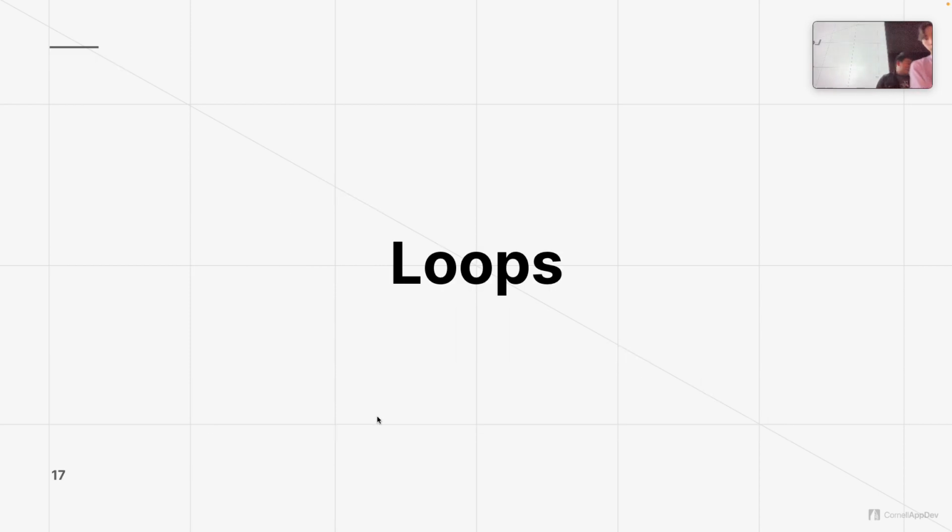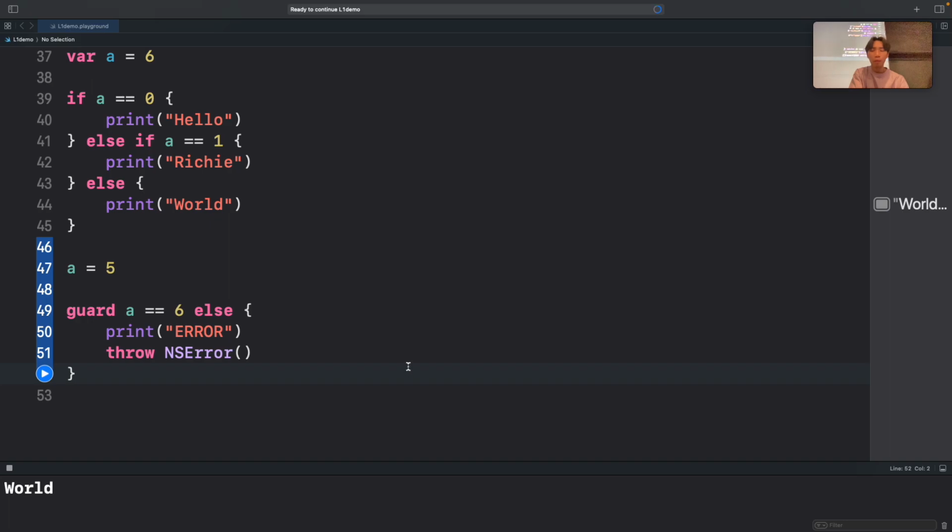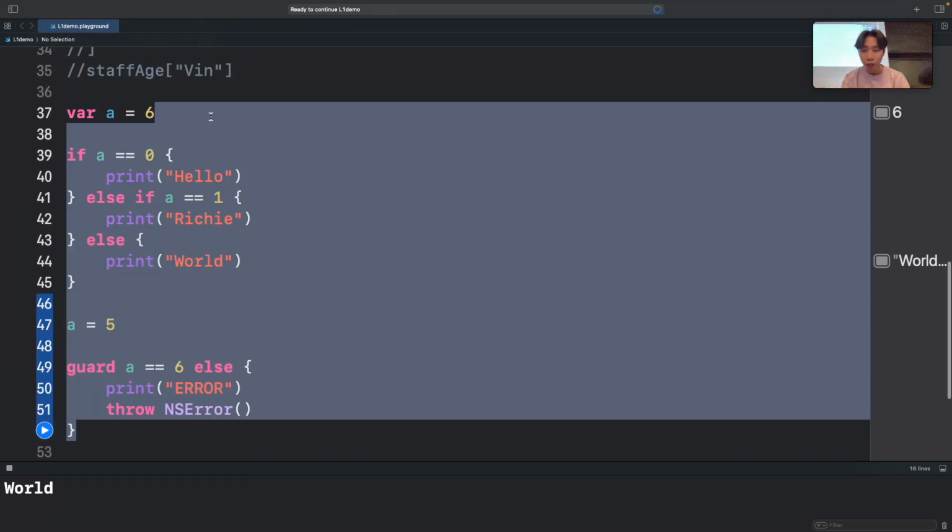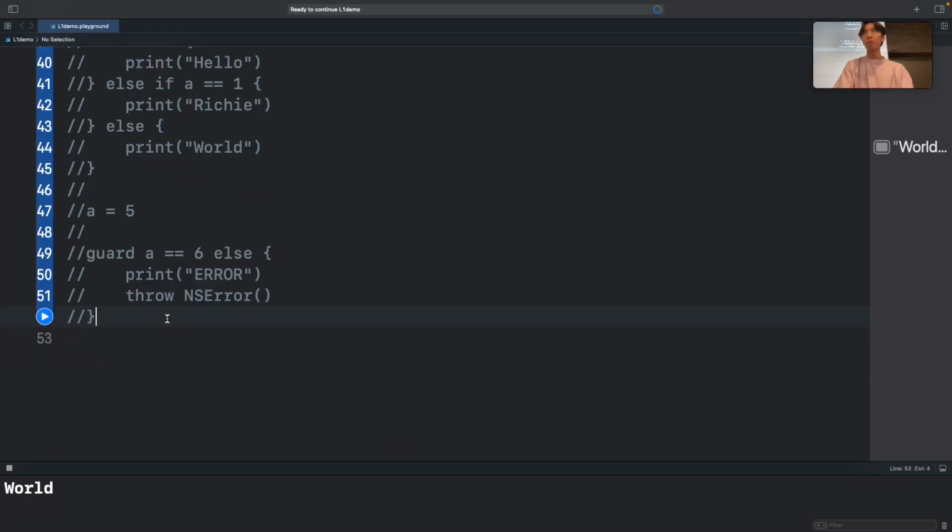Okay, we'll move on to loops. Yeah, so I'm going to quickly go over loops. It's basically a way for you to execute code a specific number of times or even an infinite number of times. And so to create a for loop,